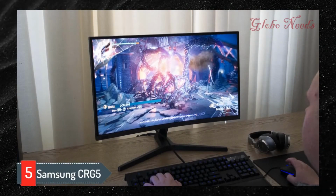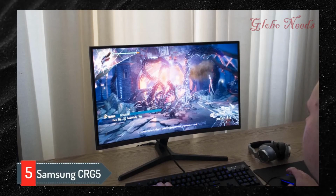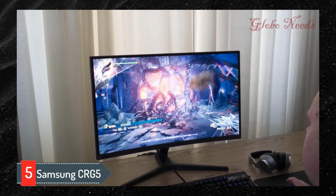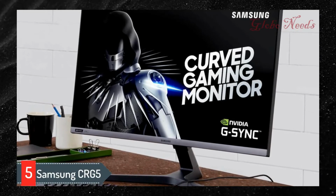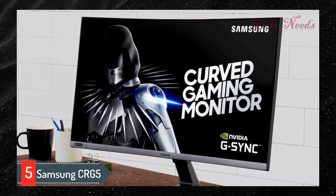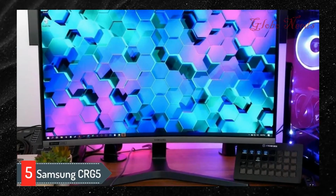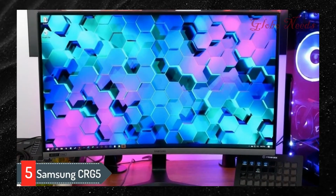Number 5. Samsung CRG5. Samsung's first 240Hz curved gaming monitor, the 27-inch CRG5, features NVIDIA G-Sync compatibility for exceptionally smooth gaming. See your enemies before they see you with high 3000:1 contrast ratio, while 1500R curved screen immerses you in the action. The CRG5 is a 27-inch curved QLED monitor with VA panel, 1 ms response time, 144Hz refresh rate,